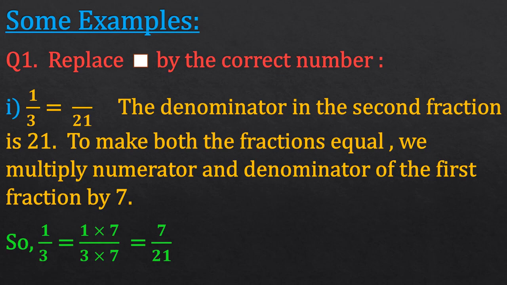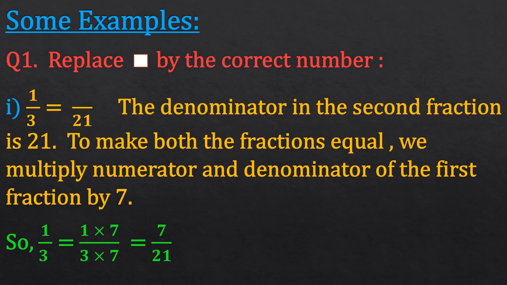Now see the first example: replace the box by the correct number. It is given to us 1 upon 3, one fraction is given, and equal to this it is given box upon 21. Now see, in